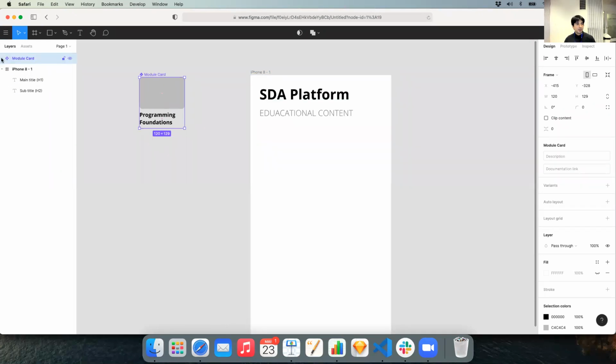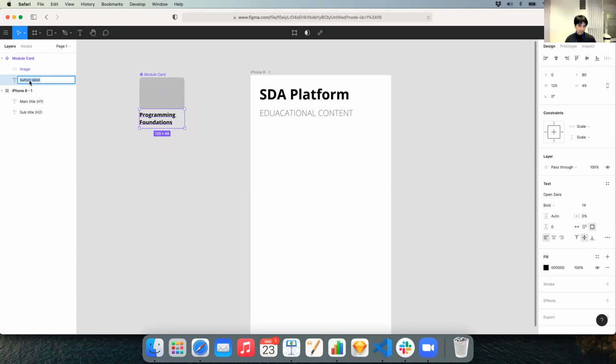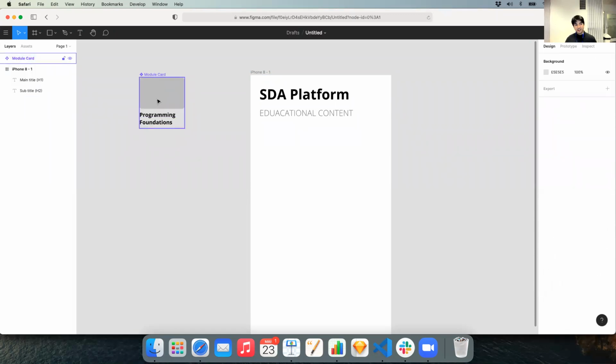Perfect. And I will rename the elements inside. I don't need to say button image, I can just say image. And I don't need to say button label because it's in relation to this element. And now I can create a copy,